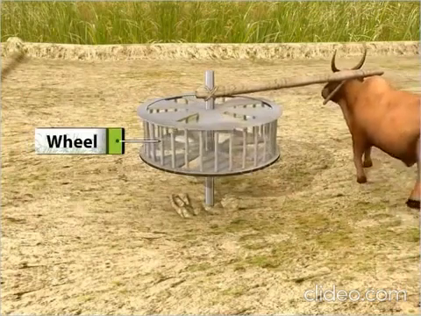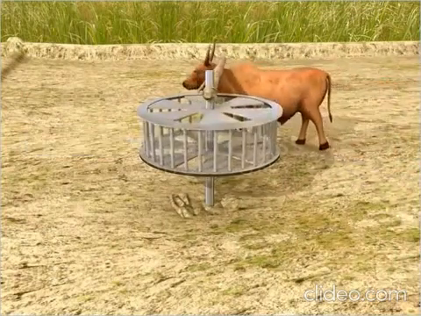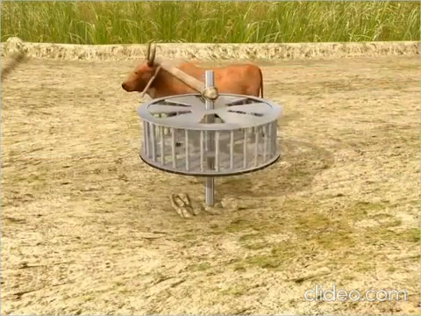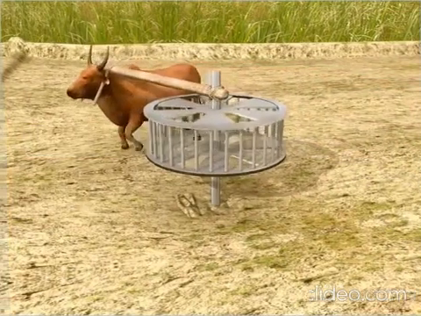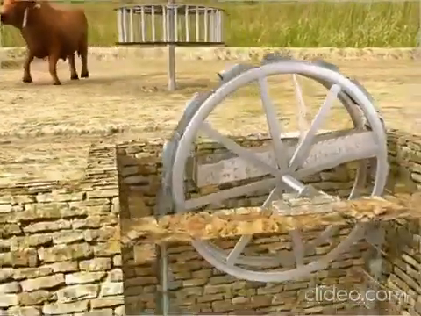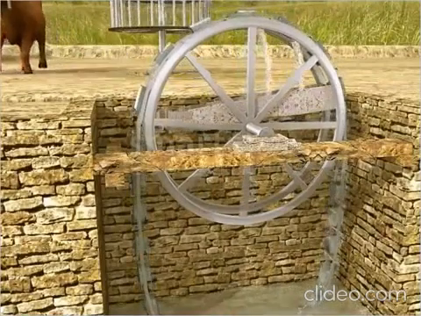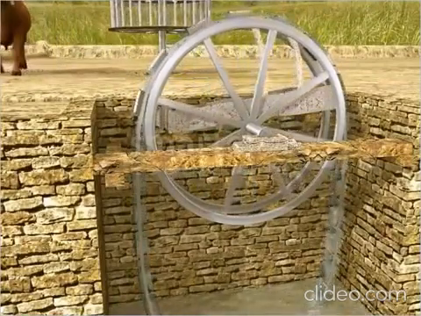As the animal pulls the wheel around in a circular motion, it sets in motion the first wheel with the buckets, which draw water from the water source